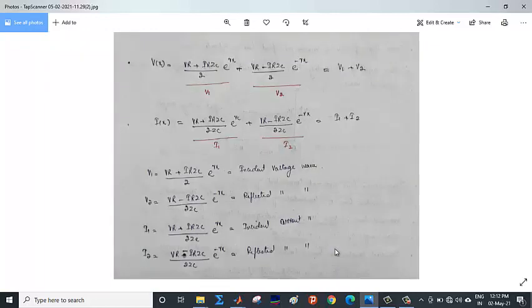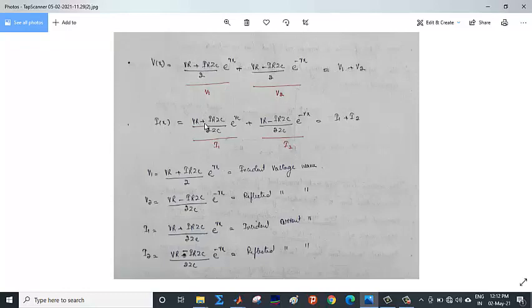Now one more thing, earlier we derived this Vx. It was equal to Vr plus IR ZC divided by 2 e raised to power gamma x, which we derived in the previous class, plus Vr minus IR ZC by 2 e raised to power minus gamma x. Actually it was a solution, and we calculated this A and B from the initial conditions. So let us call this term V1 and this term V2. The total will become V1 plus V2.